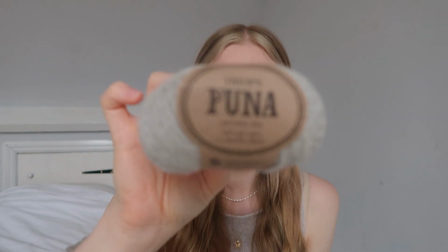Another yarn acquisition I have is, this was very cheap. Drops had a sale on all websites like Wool Warehouse, Lindy Hobby, everywhere. All the alpaca yarns of Drops were just on a massive sale, so I think I got this massive yarn quantity for maybe £20. I ordered this yarn, Drops Puna, in this light grey colour, which is very similar to my top actually, for